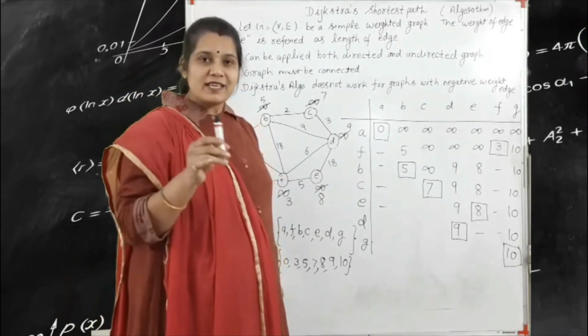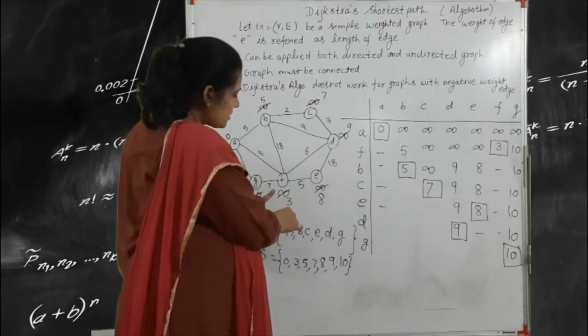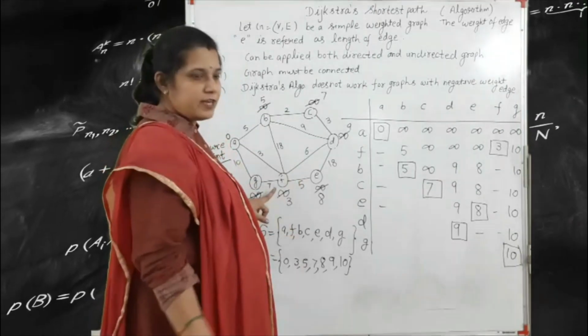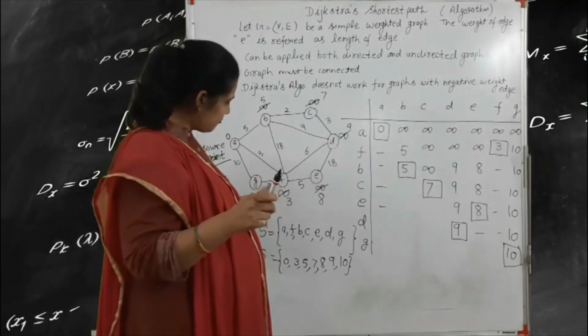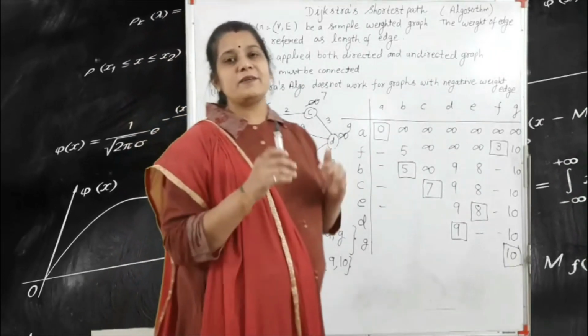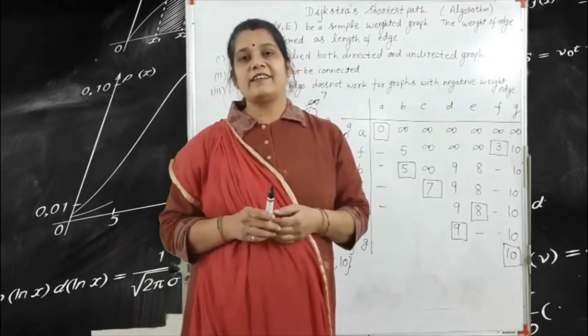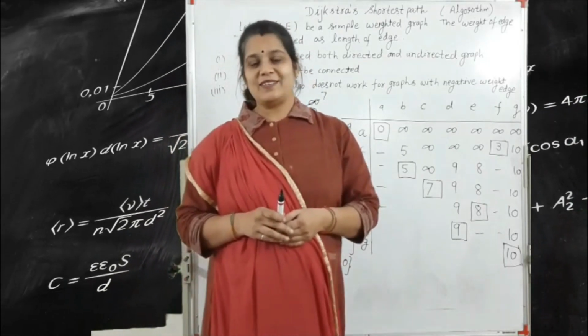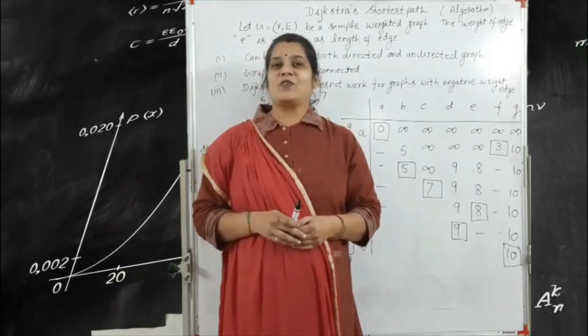But always keep in mind, if you find F to G, first you see the total value of this vertex F. The total value is already given as 3, and F to G is 7, so 3 plus 7 is equal to 10. This is a very important point, and this is the method of the Dijkstra algorithm for finding the shortest path. I will continue this topic in our next lecture. Thank you for watching this video.